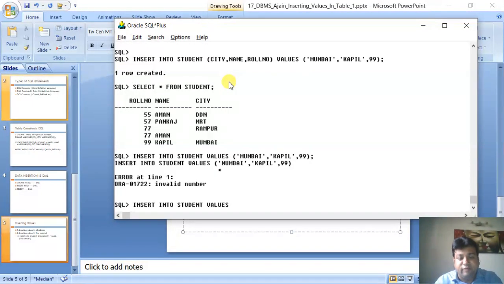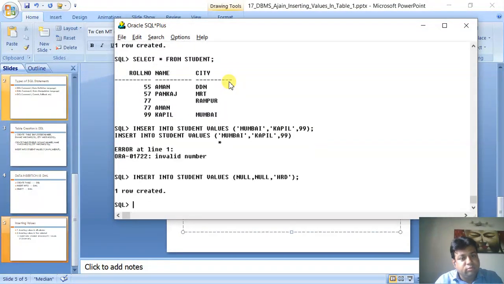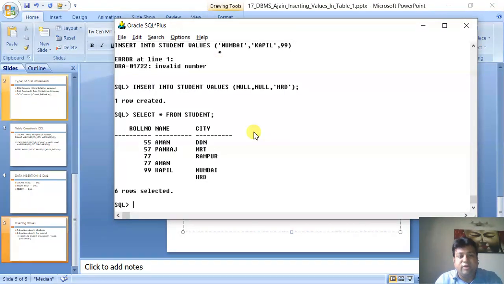If you don't have a certain value, suppose you don't have roll number, you can type null without quotes. Remember. Similarly, you don't have name, you can type null. And you have city, you type Haridwar. It will work. Let us see. See, only city has come. Similarly, you can take another example. Suppose you have only roll number 88 and you don't have name, null.